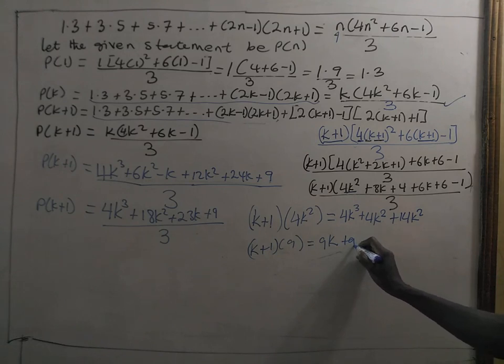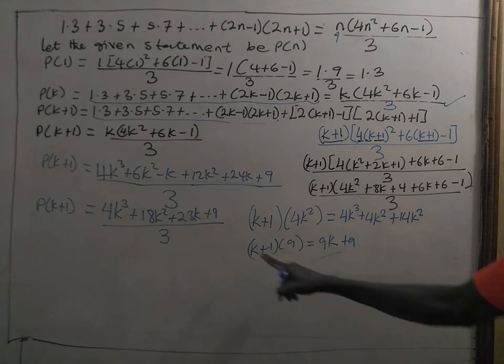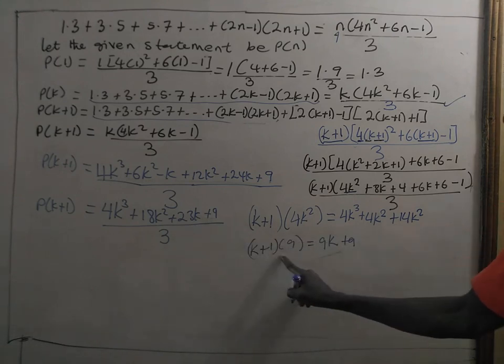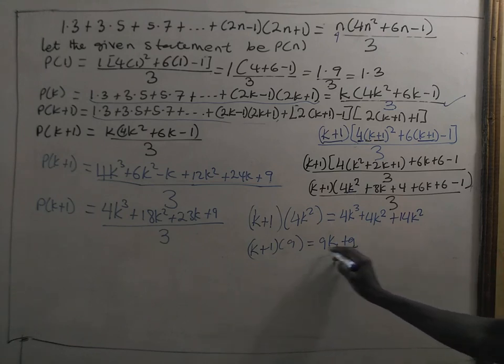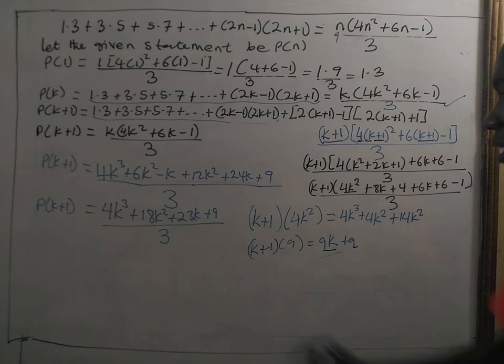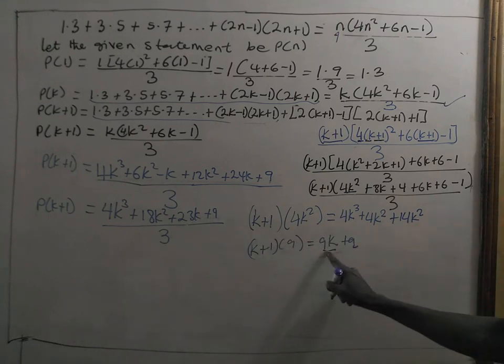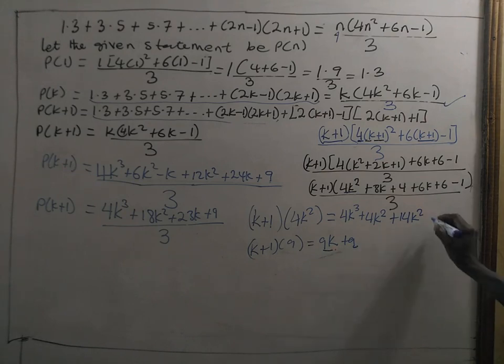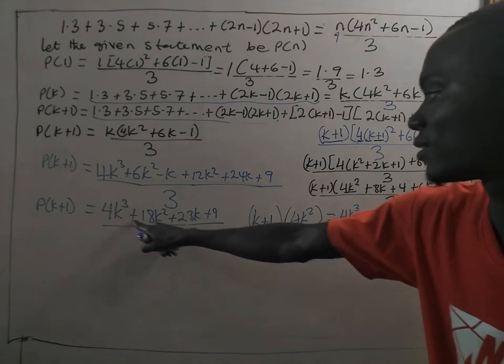So it implies that if I multiply 9 by k plus 1, I'll get the 9 and then 9k. So it means that this 23k, I've gotten 9k, so it will be left with 14k. Very simple as that. So I'll add here plus 9k plus 14k plus 9, and that is, I've expanded this